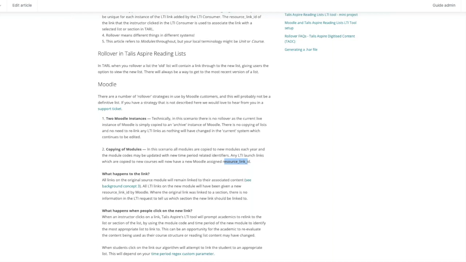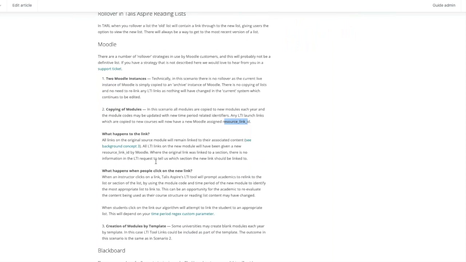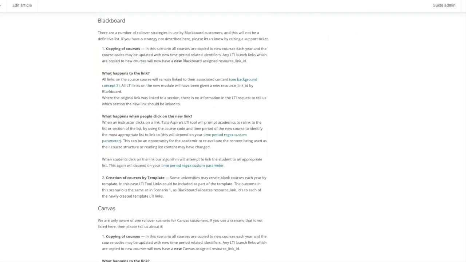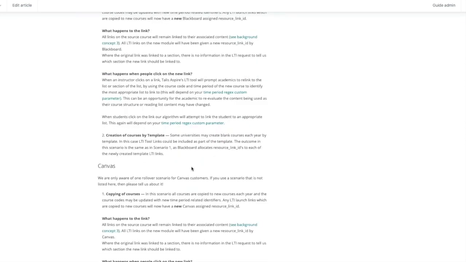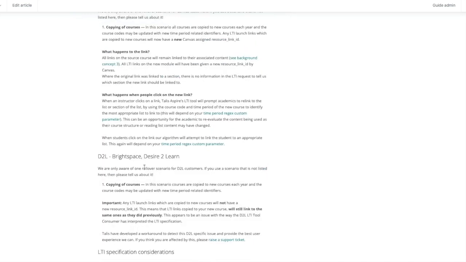So this is a really important article that I suggest you have a second to check over, because as I said, it goes through Moodle, but it also goes through Blackboard, the different rollover strategies in Blackboard, in Canvas, and in Desire2Learn. So in most cases,